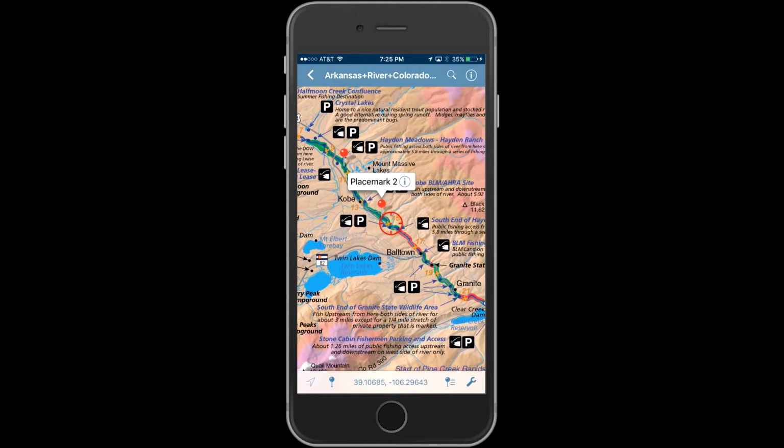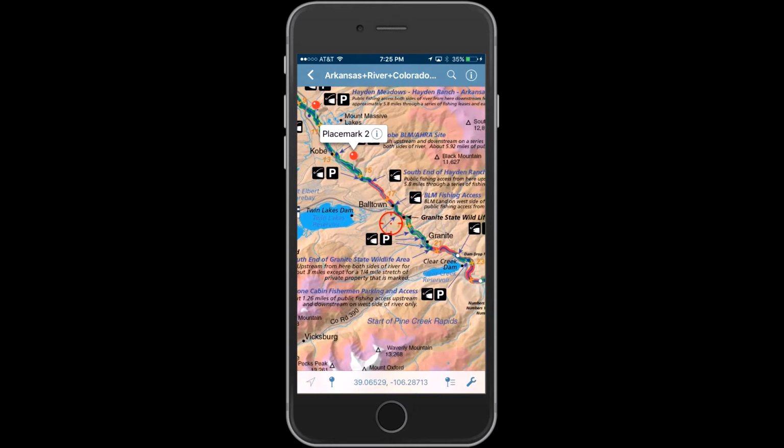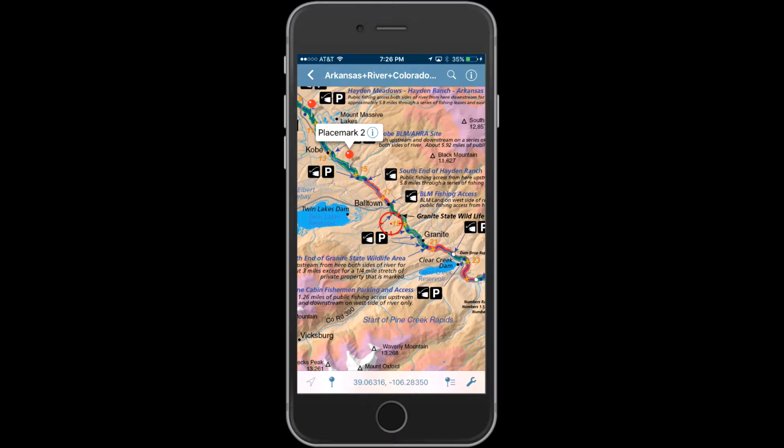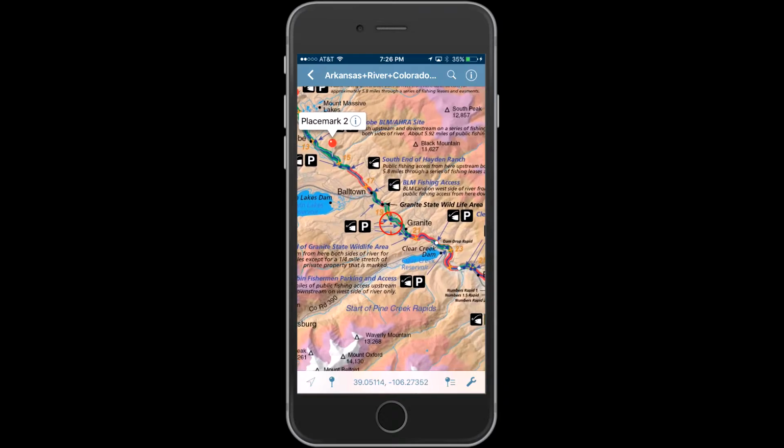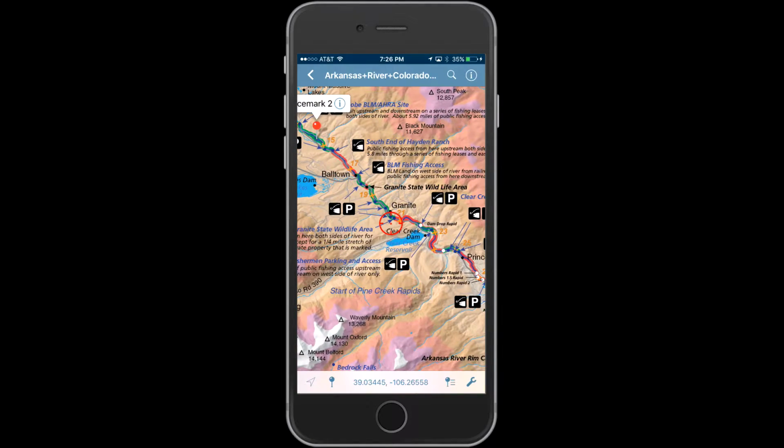You get down here to mile marker 15, you come into a short section of private land, and then you pick up another area of public land in and around between Twin Lakes and the Clear Creek Dam. And you can see that it kind of hopscotches all the way down between public and private. But what's really nice about the Upper Arkansas River is Highway 24 borders this river for the entire length, and